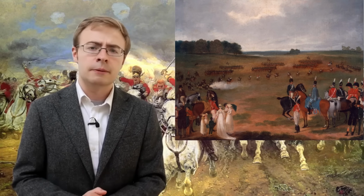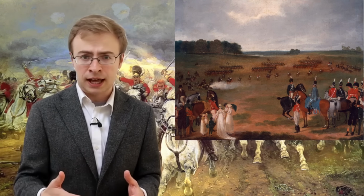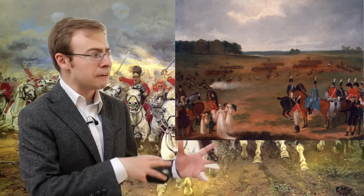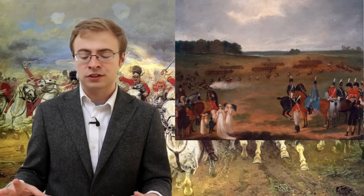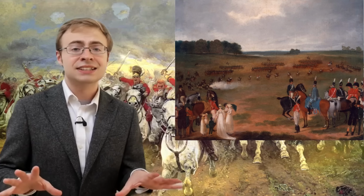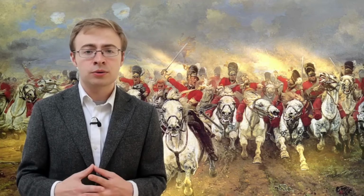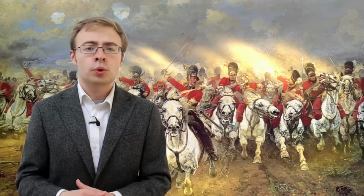multiple horses. There was also going to be maybe a few mules to help haul the supplies, and there's going to be certain staff officers. There's always more than obviously just the soldiers themselves. But the point is that is a lot of hooves, right, to take care of, a lot of animals to take care of. Now, each of these individual troops, usually around 8 to 12 troops per regiment, would have a